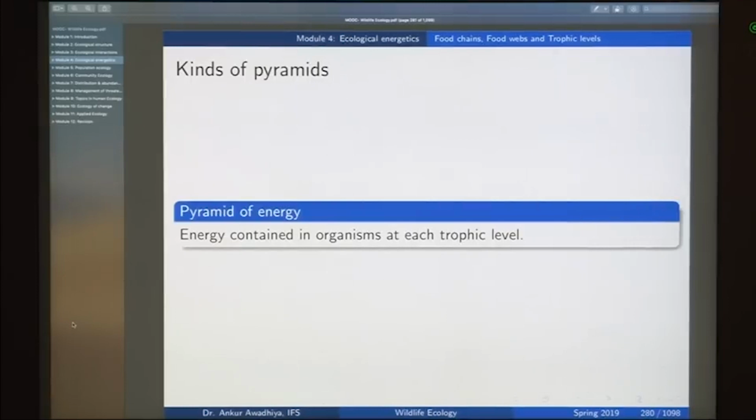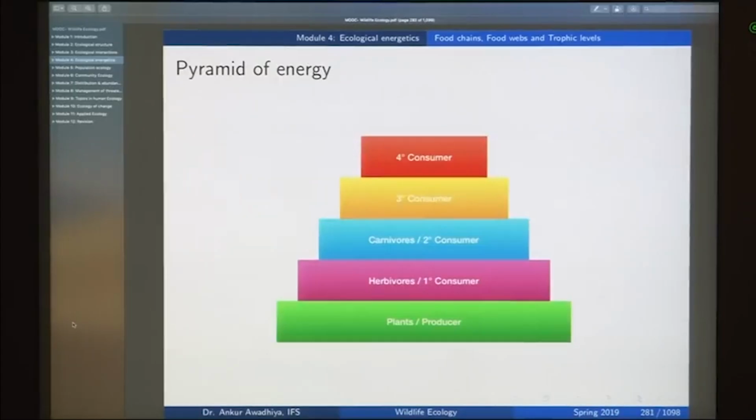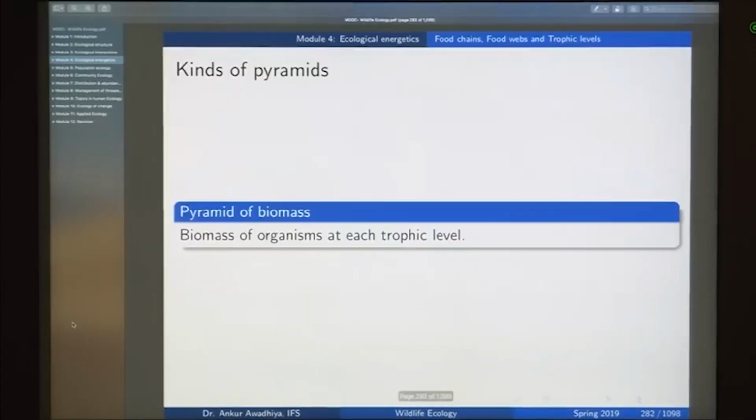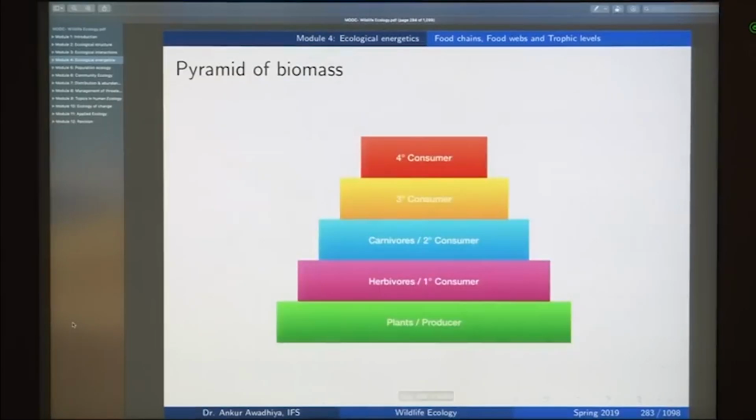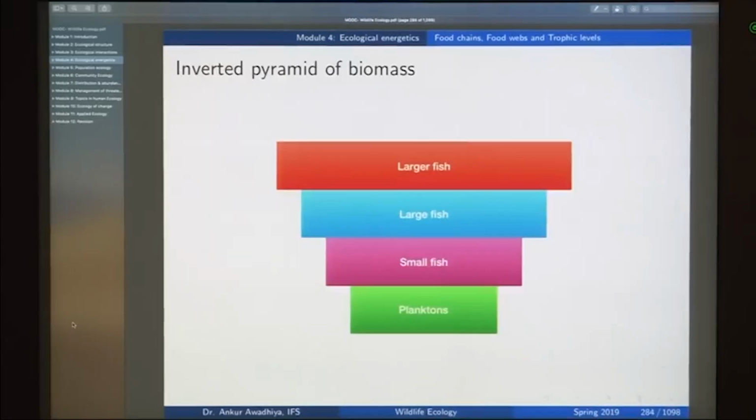The second one is a pyramid of energy, which measures the energy that is contained in organisms at each trophic level, and this is typically an upright pyramid. And then third is the pyramid of biomass, which is the biomass of all the organisms in each trophic level. It can be upright or it can be inverted, as in the case of an oceanic